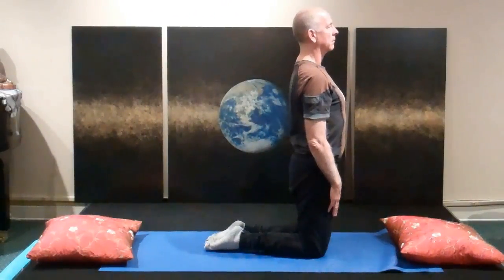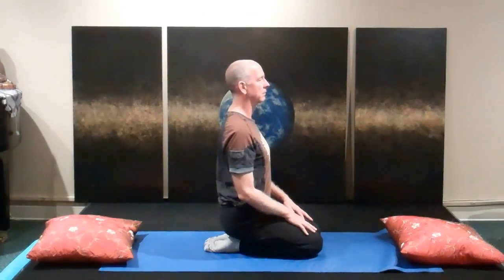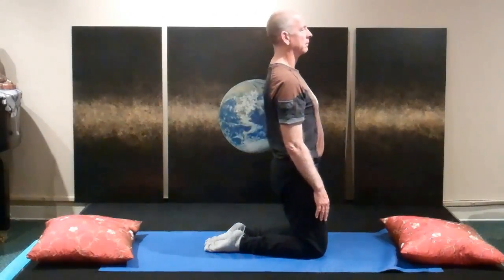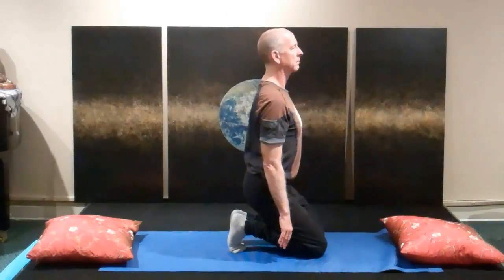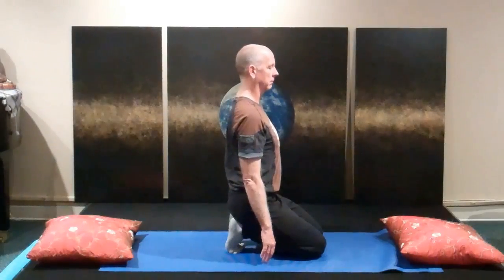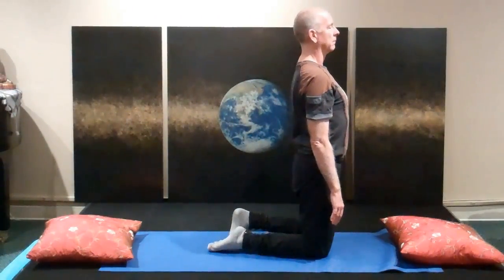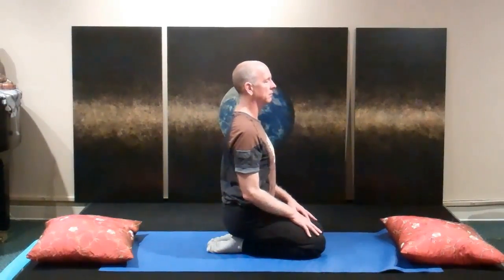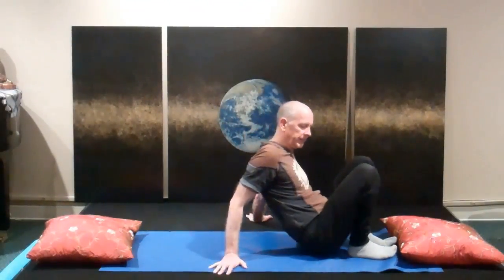Coming back up. If your knees are tight and you can't bend much farther than just a couple of inches, trust that. Yoga works on your body where it is needed. So perhaps this exercise for you right now is not about your feet, it's about your knees. Even if you can just move a couple of inches, and suddenly you're moving towards pain, stop. Coming up on the inhale, always coming back down on the exhale, and don't overdo. A couple of times is plenty, then easing off,